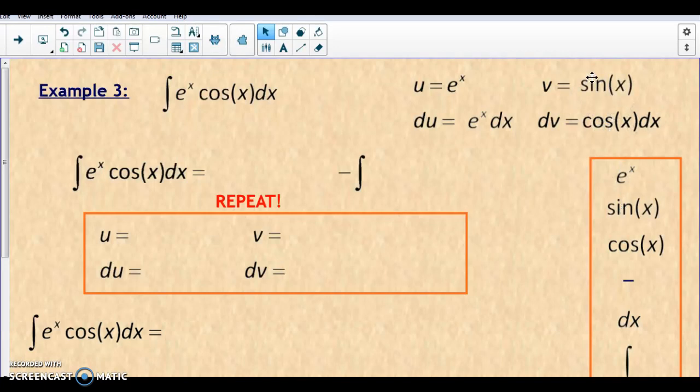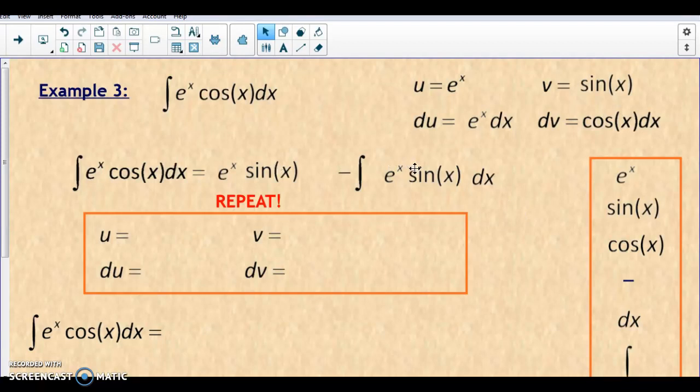So our normal process, just like before, is you multiply u times v. So e to the x sine of x goes here in this spot, and then it's minus v du. So minus sine of x times e to the x dx. So notice that really we've created basically the exact same problem again. We've just traded out the cosine for the sine. So we're going to repeat the process, and you can probably guess what's happening, but we still need to repeat